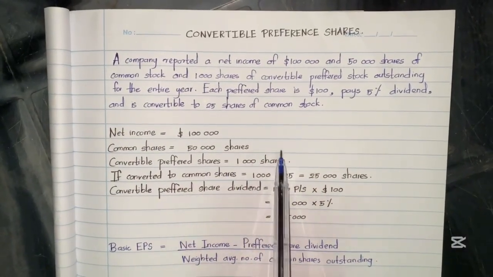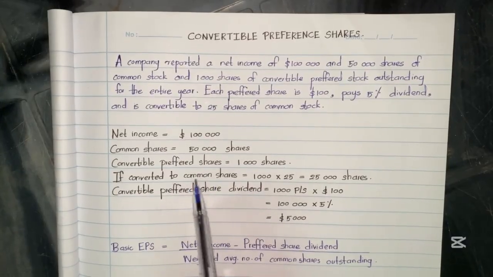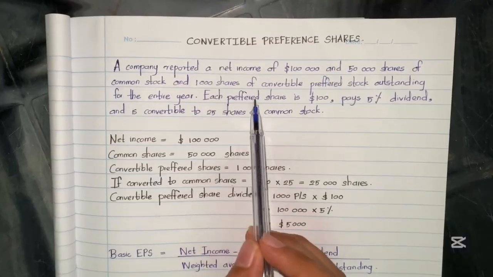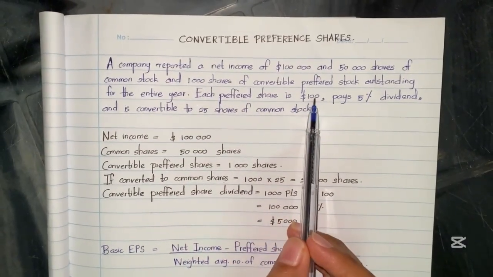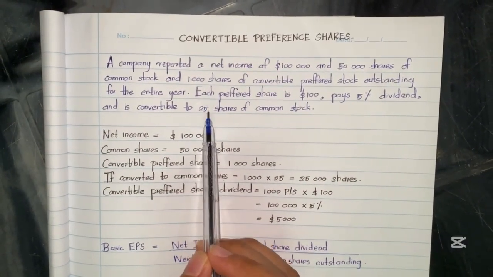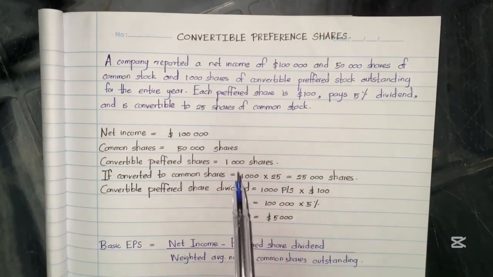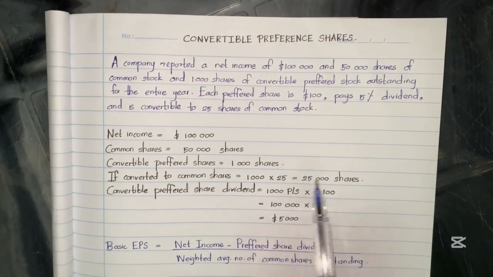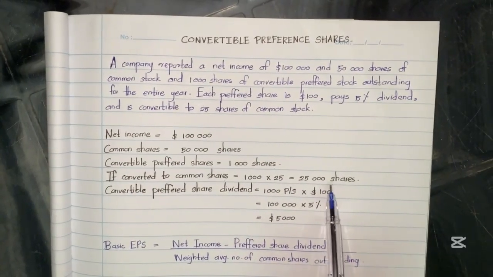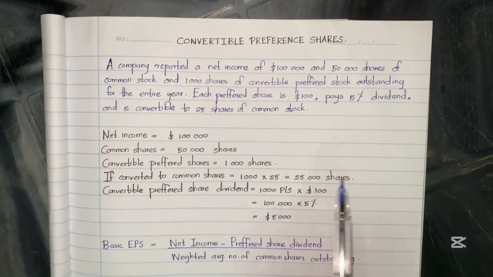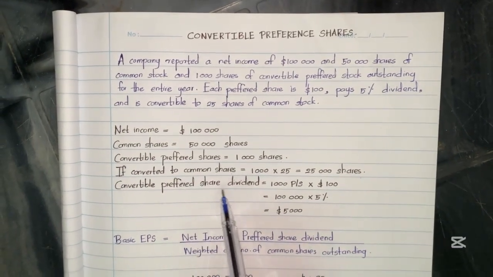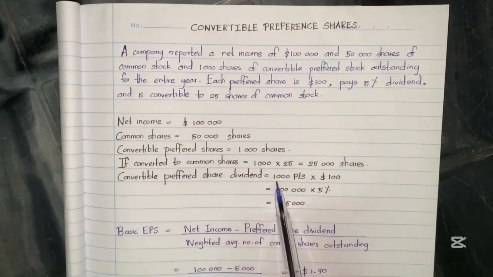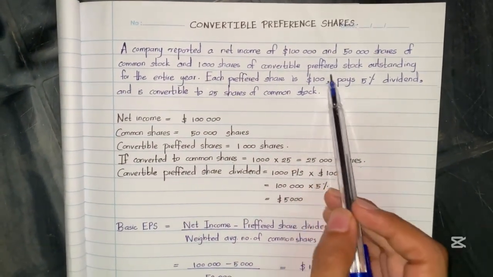And if these 1,000 shares are converted into common shares, if you take a look at this question, each preference share is $100 and it is convertible to 25 common stock, which means 1,000 preference shares into 25 equals 25,000 common shares. And for the convertible preferred share dividend, there are 1,000 preference shares and each preference share is